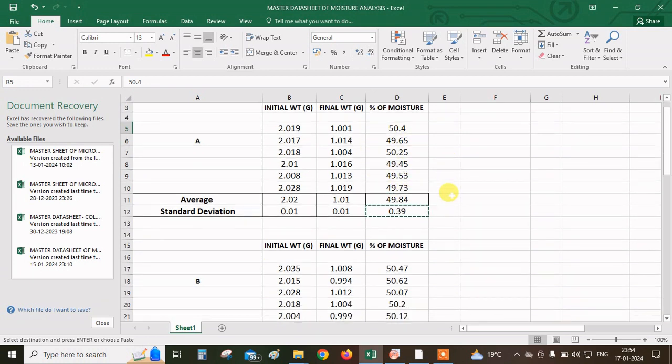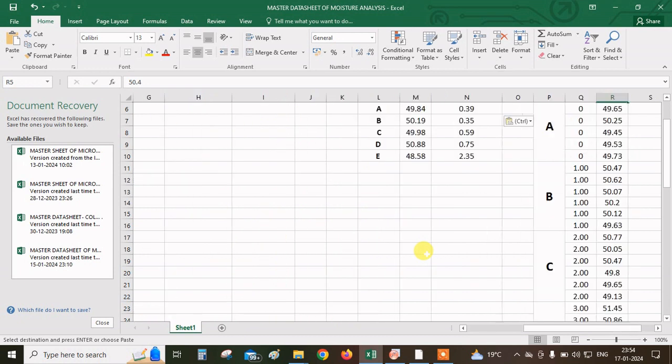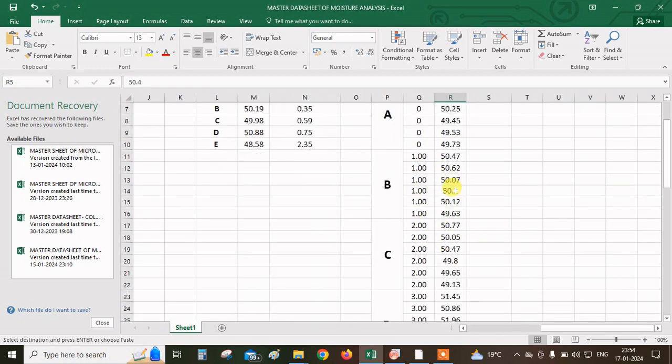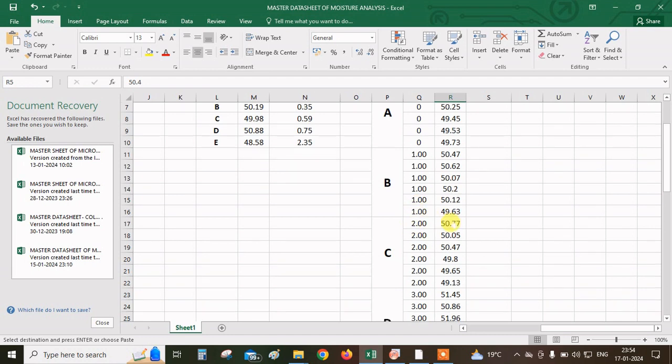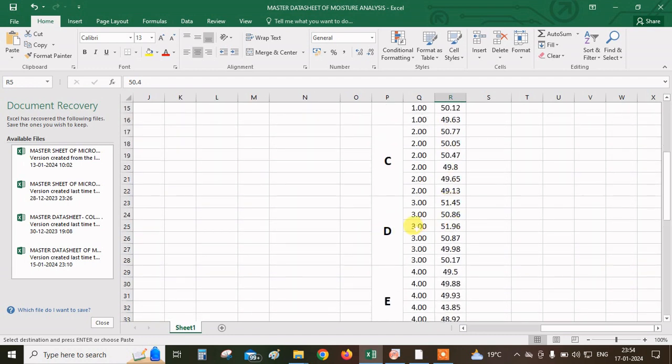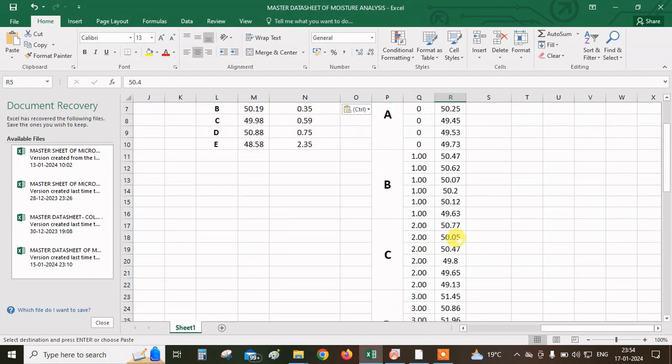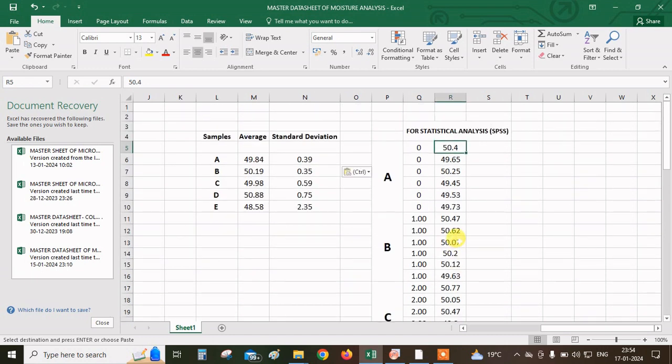replicate values. Similarly, for B we have designated as 1, we have copied here. For C we have similarly copied. For D we have done 3, and for E we have done 4. 4 means it's E, 4 for species, and this basically is the percentage moisture data, the replicate values that we have done after that experiment. Okay, so this is the overall Excel file that we have to make before we start any kind of graphical